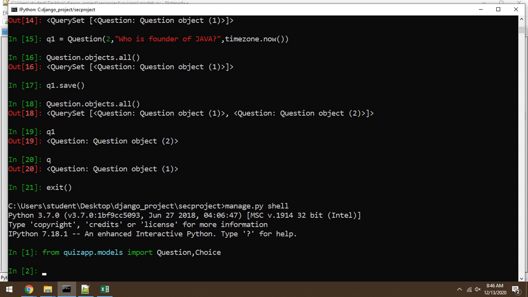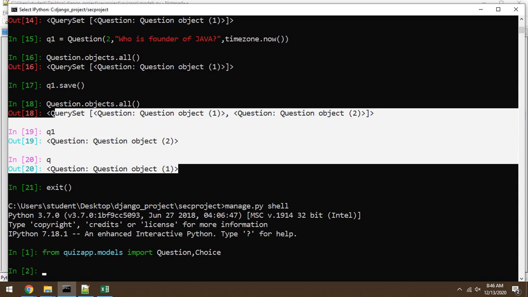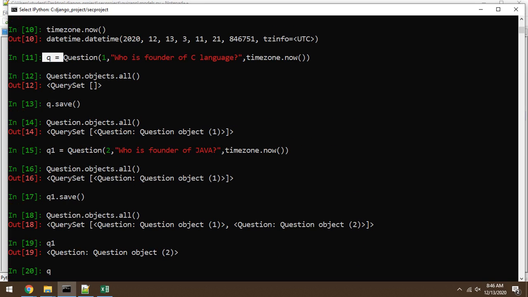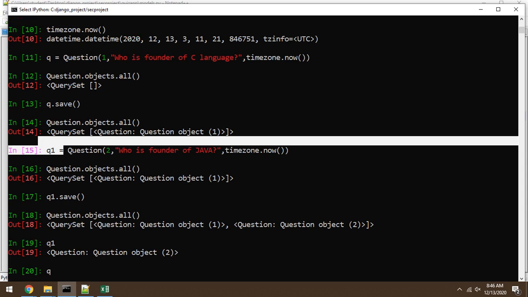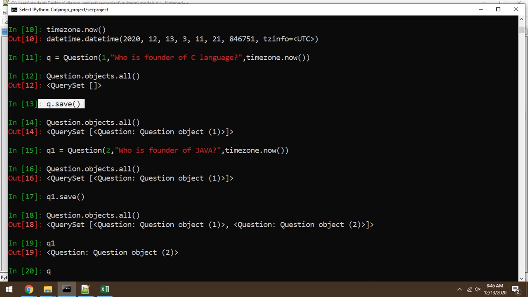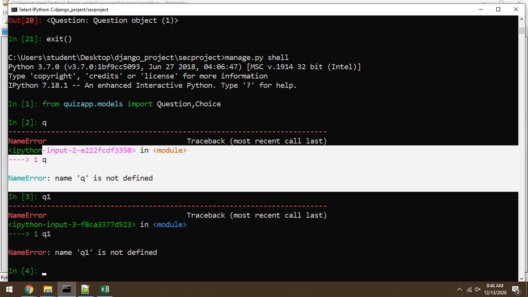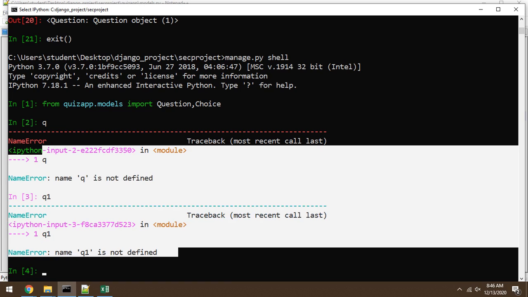नाउ देखो हम लोग 2 रिकॉर्ड ऑलरेडी स्टोर कर चुके थे, विच 2 रिकॉर्ड्स, क्वेश्चन 1 एंड क्वेश्चन 2। ओके, बट q1 एंड q2 आर द लोकल वेरिएबल, वो एक सेल के अंदर क्रिएट हुई। बट अगर आपने उसको सेव कर दिया, सेव मतलब डेटाबेस में डेटा चला जाएगा, बट q and q1 आर नॉट देयर। तो अगर मैं q को प्रिंट करूं वो एरर देगा, what is q, I do not know q। ओके, मैं q1 को प्रिंट करूं, सेम एरर इज देयर। सो एक्चुअली हमने हमारा सेशन क्लोज कर दिया। सेल को क्लोज करने का मतलब हमारा सेशन क्लोज हो चुका। बट सर व्हाट अबाउट द डेटा, डेटाबेस में डेटा होगा, तो लेट मी चेक।